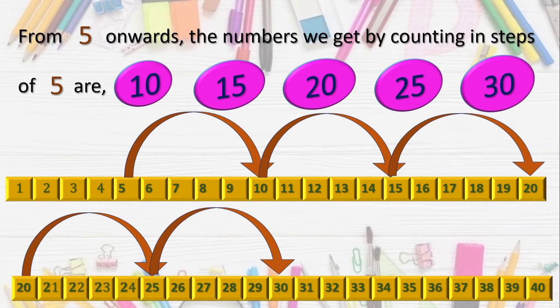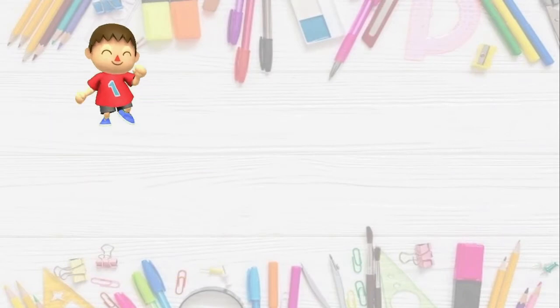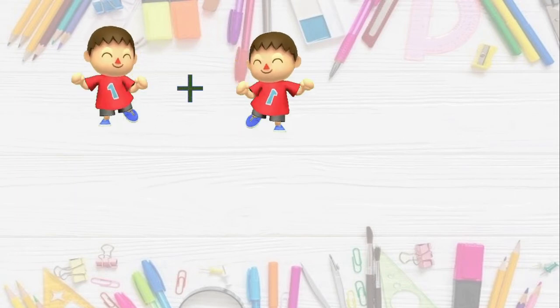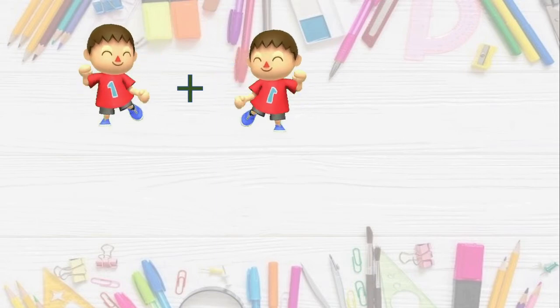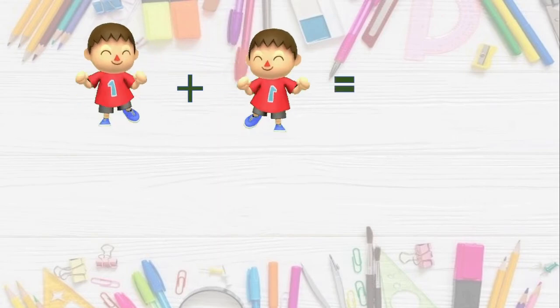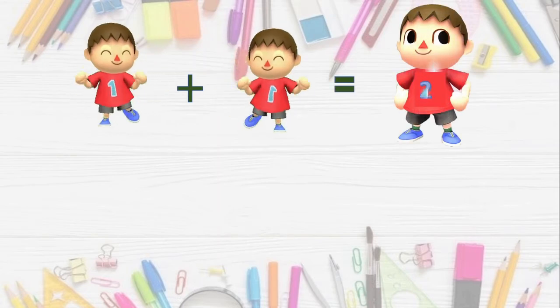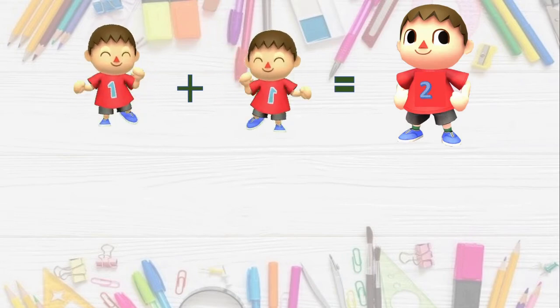Correct? Did you understand? Yes. I hope it is clear to you. Correct? Now dear children, we will have some fun here. Yes, number 1 is dancing. Here we can see one more 1 along with this earlier one. Yes, 1 plus 1, that gives, you know what it gives? It gives 2, isn't it? A strong one.